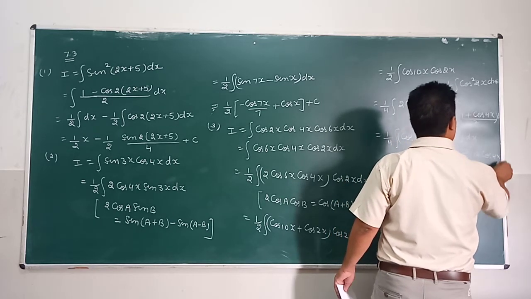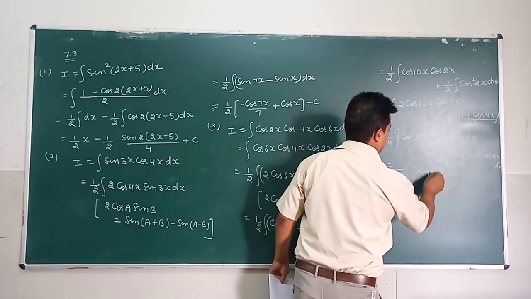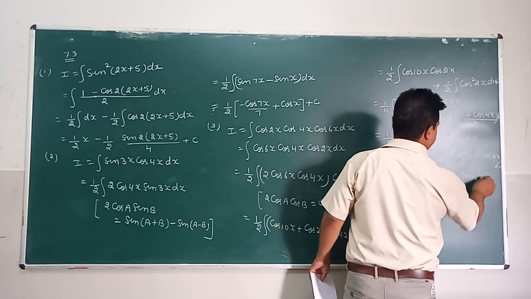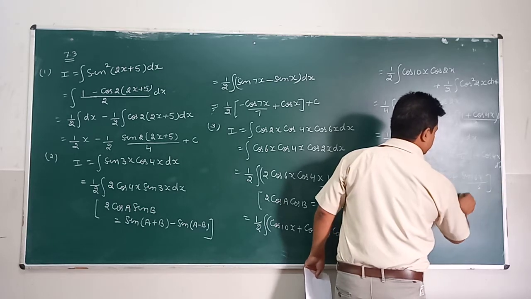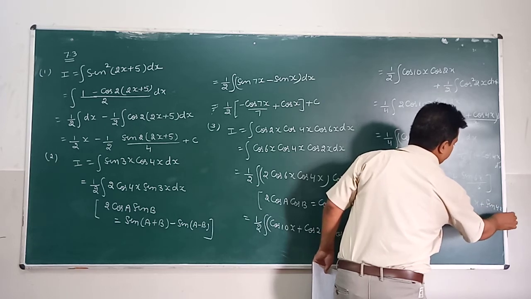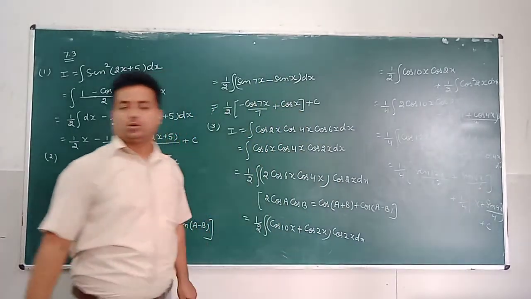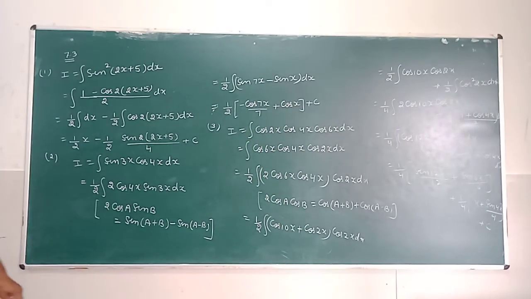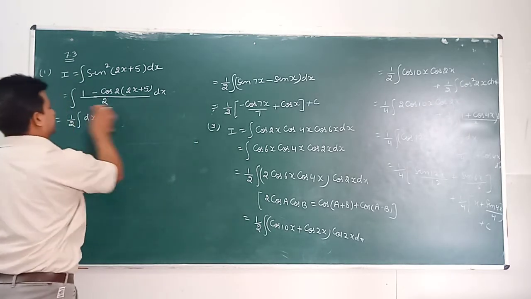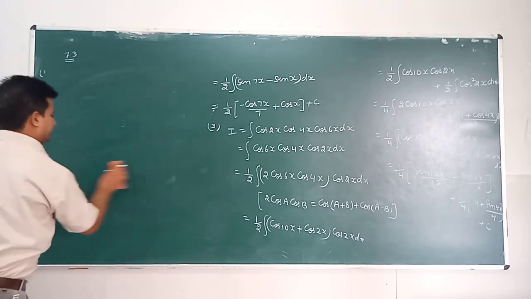When we integrate this, this is 1 upon 4, sine 12x upon 12 plus sine 6x upon 6. This is 1 by 4 times x plus sine 4x upon 4, plus c. This is the answer of question number 3. In the next question, that's question number 4, the statement is